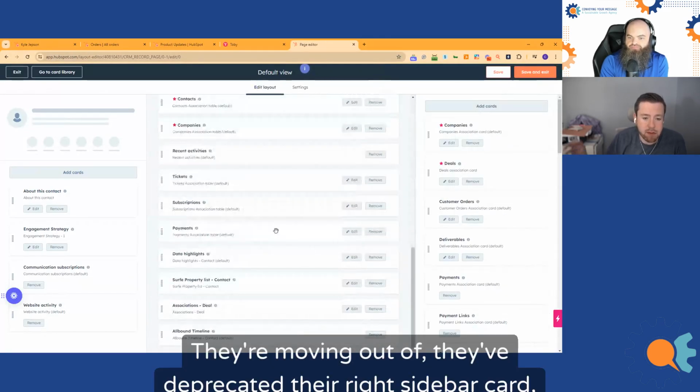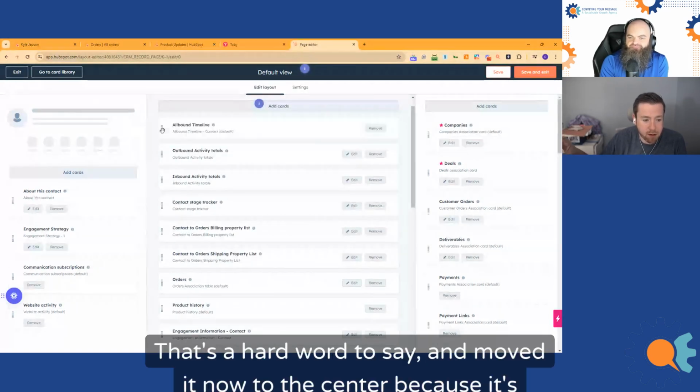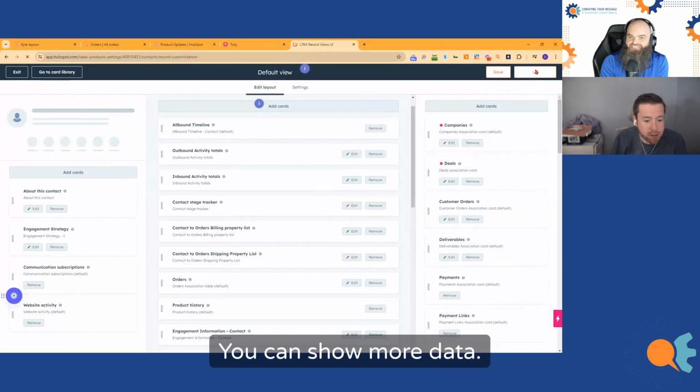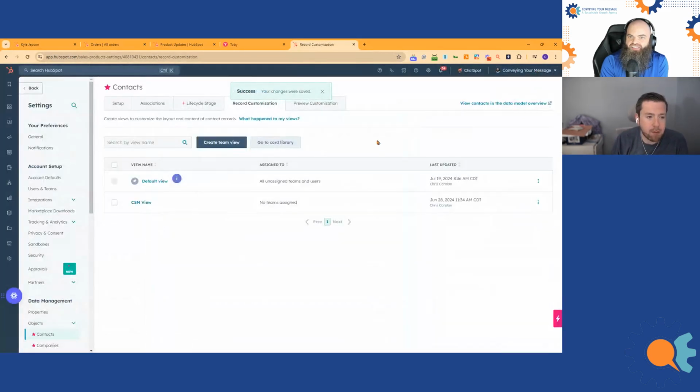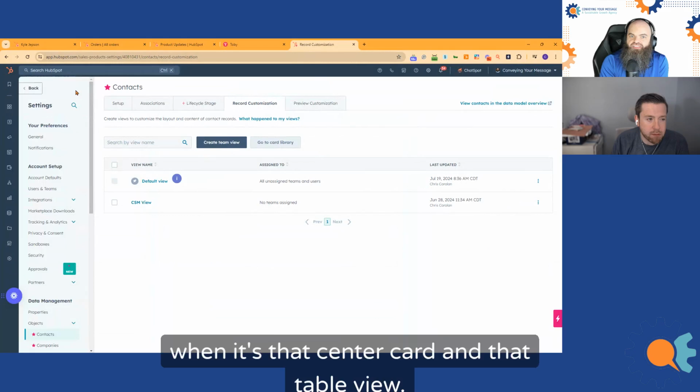They've deprecated their right sidebar card and moved it to the center because it's more functional. You can show more data and interact with more data in that center card table view. So I think